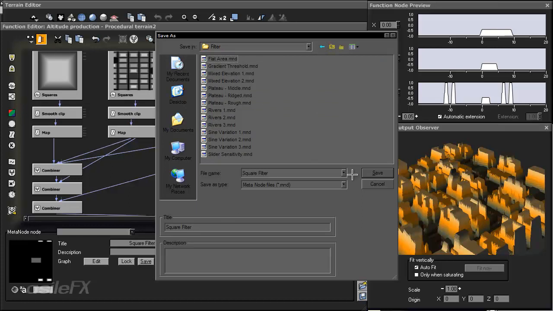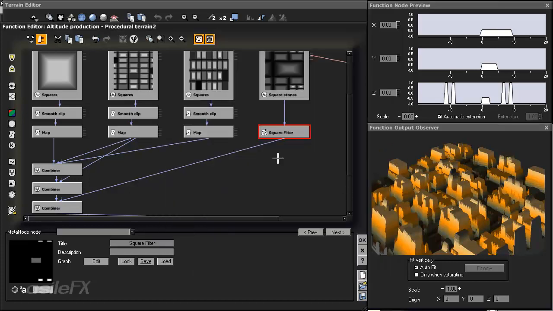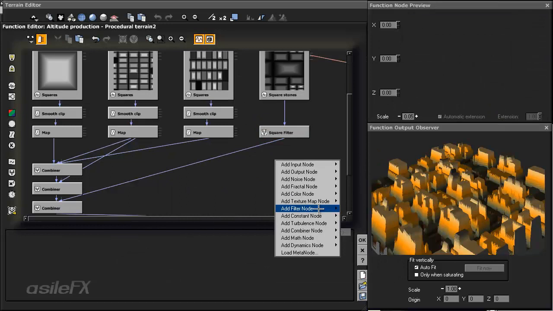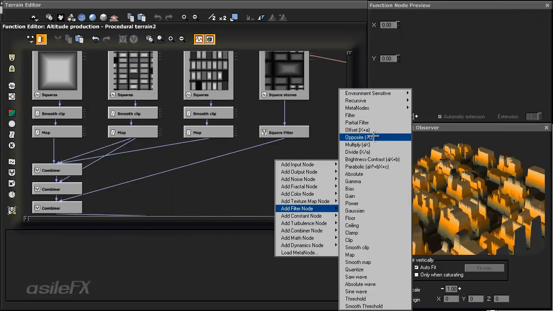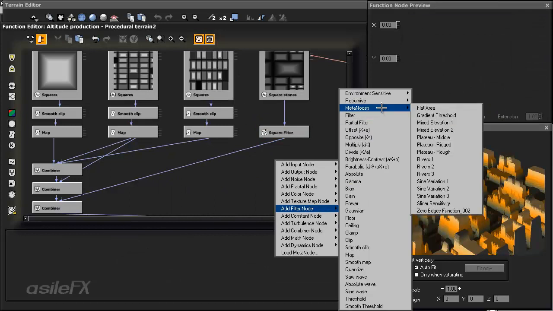from ASLFX, which is a huge selection of nodes I've created for a lot of different situations. And I'm going to go ahead and save this in the filters. So save. And now when we right click and we go to filter node, we have a meta node folder, and we can choose,